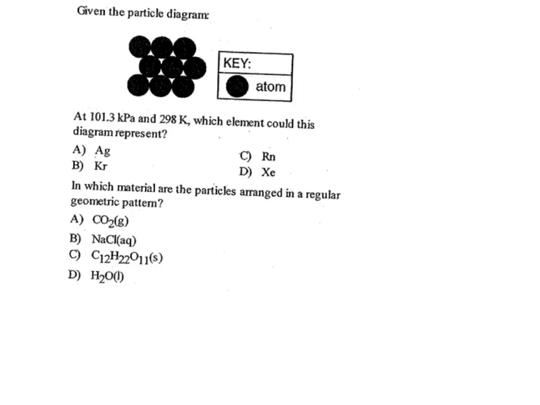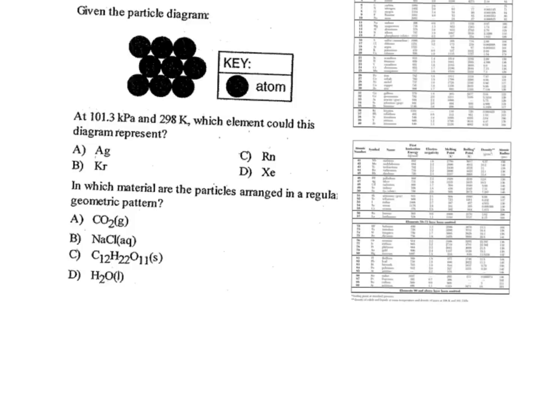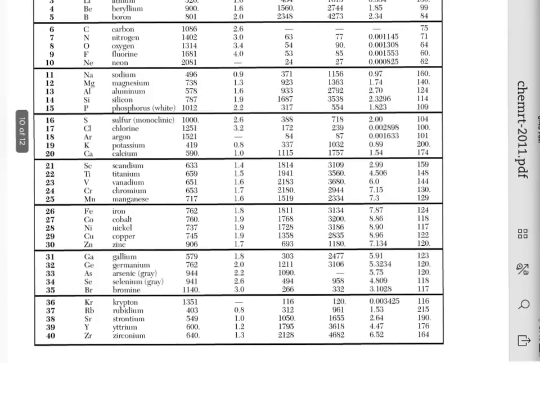So in order to answer this question, we're going to refer to reference table S. Reference table S gives us melting point and boiling point data for all of these elements. Now we'll have to compare that melting point and boiling point data to the given number, which is 298. Looking at reference table S, we're going to want to use melting point and boiling point data to determine the